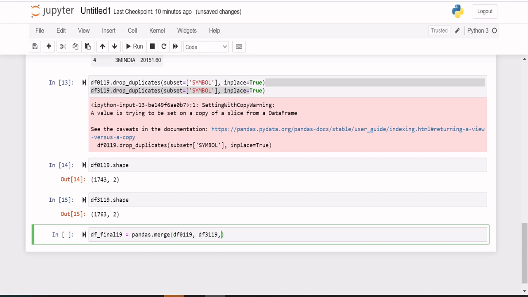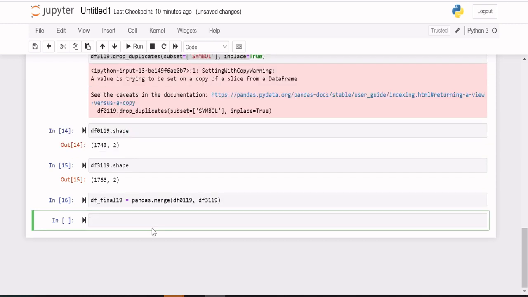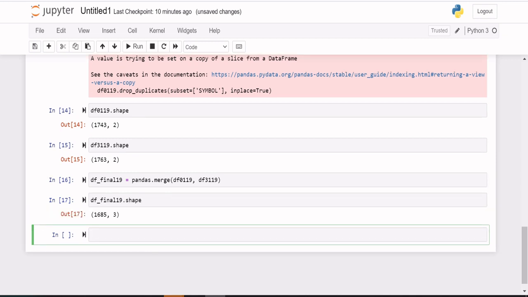So I need to do the inner merge. By default it is going to be the inner merge. Now let me calculate df_final19.shape. So finally I got 1685 stocks after removing the unwanted data.